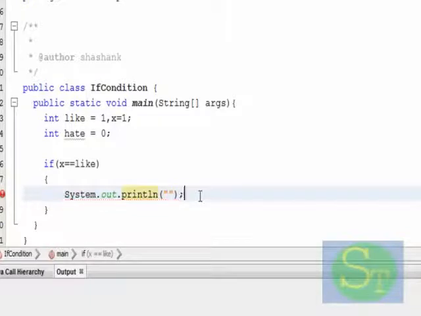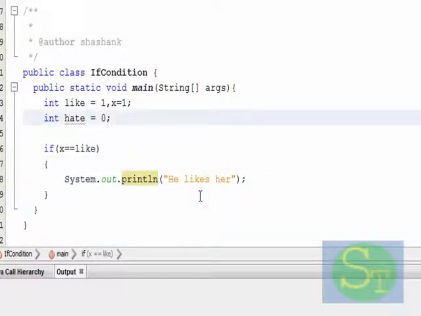Semicolon missing. So here let us print System.out.println("he likes it"). Simplistic, isn't it?